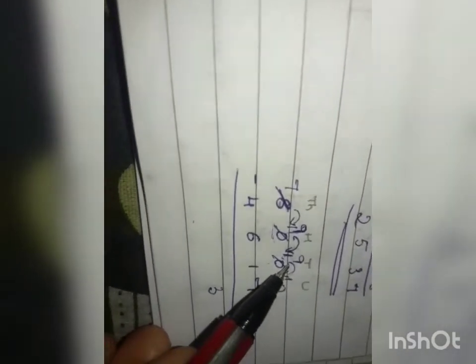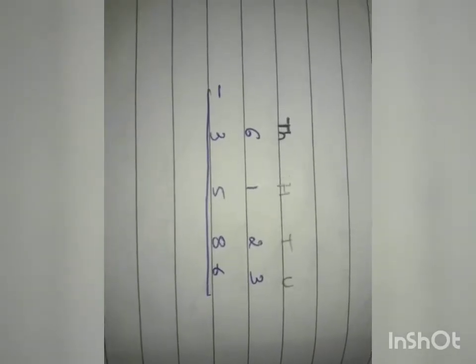So from the 10, I'll take 1 to the next number. So here I got 10. If from the 10 I take 1, what will remain here? Only 9 will remain. Again from the 10 I'll take 1 to the next number. So what will remain here? Again 9 will remain. So this is how we have borrowed the numbers. Now at the last, in the unit place, I have 10. So 10 minus 7 will be 3. Let me write it down. Then I have 9.